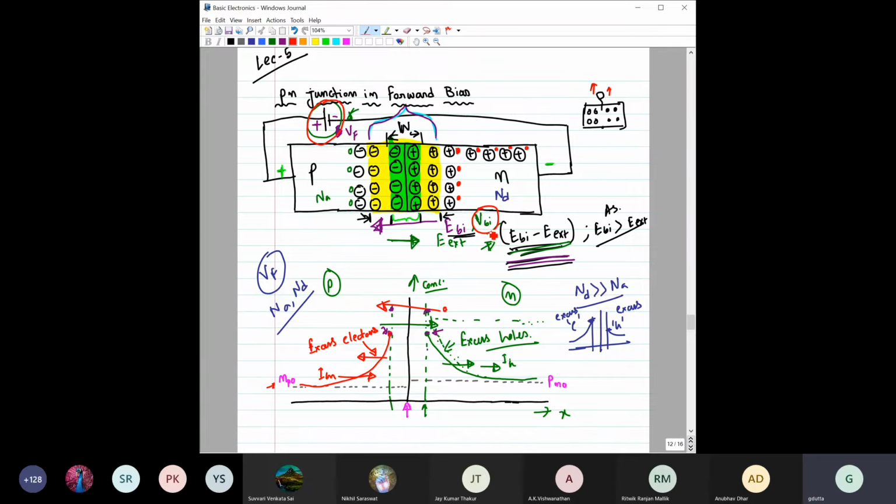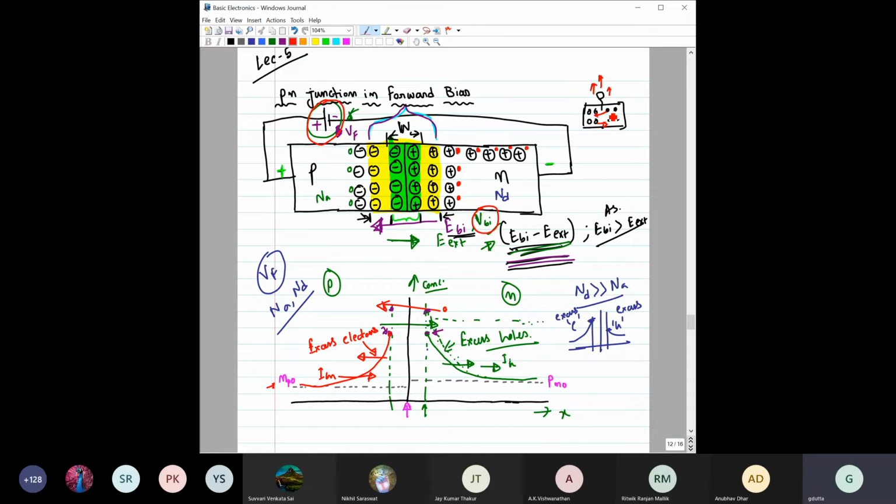Now as you are decreasing this VBI, how are you decreasing this VBI? By applying this VF. So the higher the VF, the lower the built-in potential barrier. Or in this analogy, you can think of it as opening the gate more and more by lowering the barrier. So further and further, these holes can move from this side and electrons can move from this